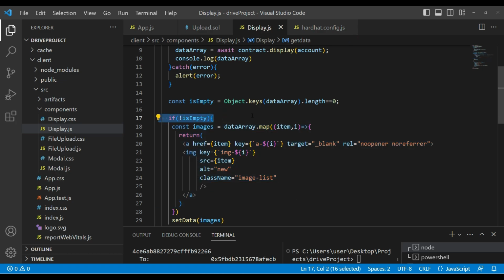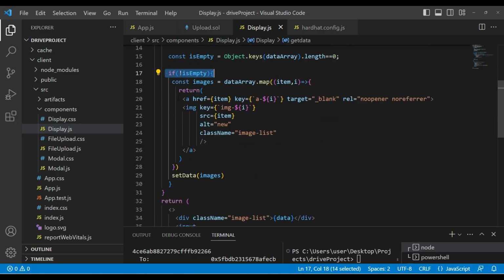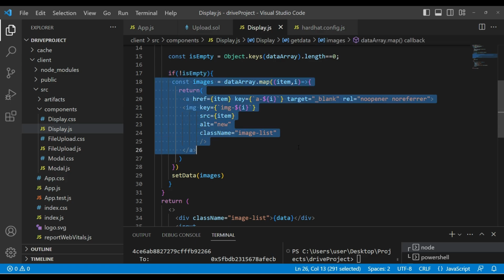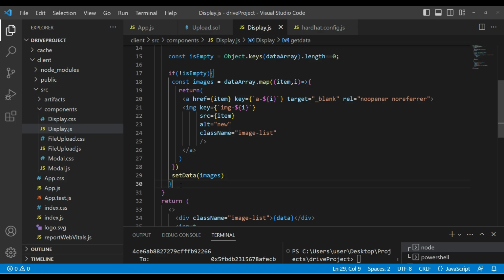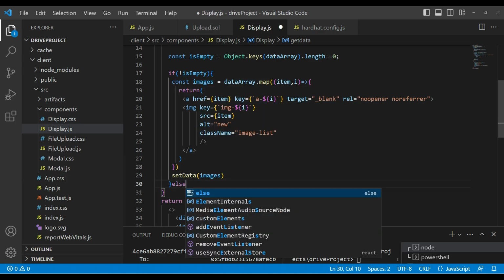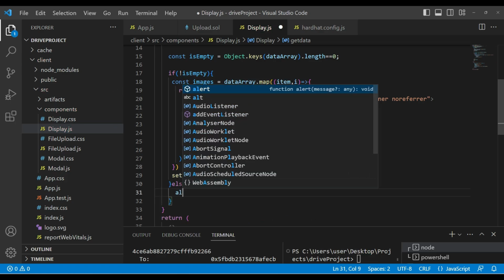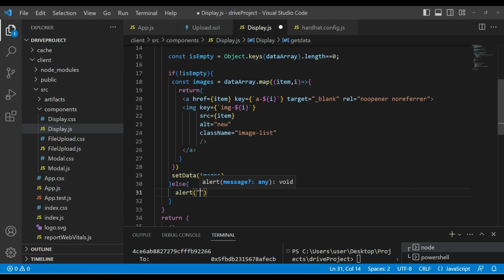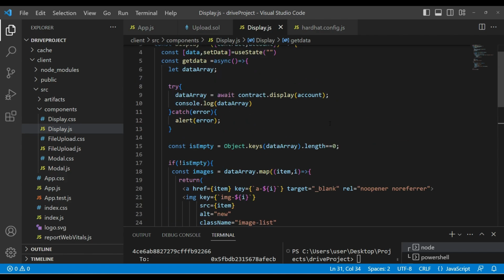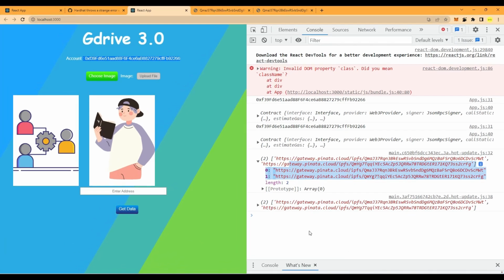And like we have done for the part where the data array is not empty, right? But now if it is empty, in that case what we can do is we can simply show an alert that no images to display, if data array is empty. So if it is empty, then we are going to show that okay, data array is empty, so we do not have any images to display. But still our work is not done, because if you go back to the browser,